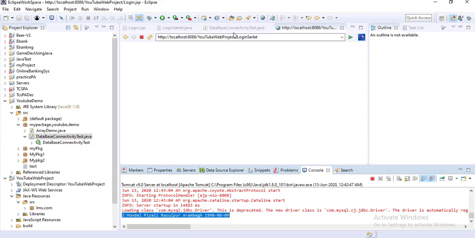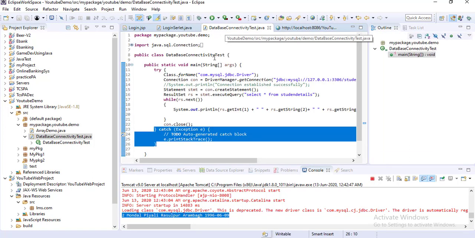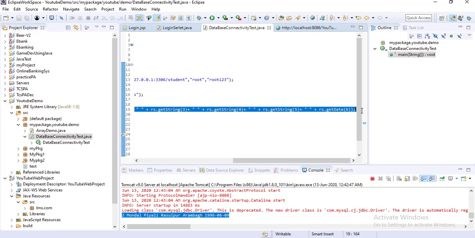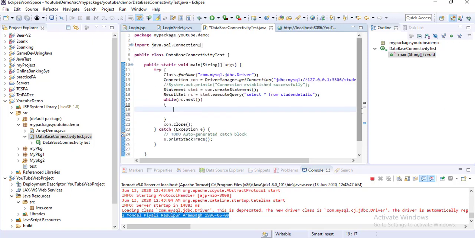Now what I will do, going to this part, while rs.next, I will check the username. Right now I am just printing, so instead of printing that, I will validate my credentials.